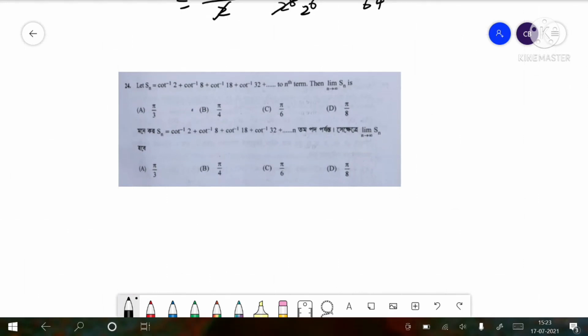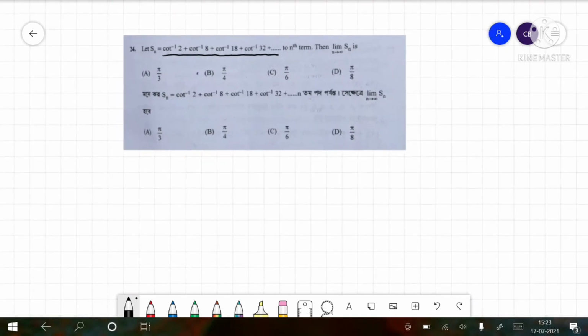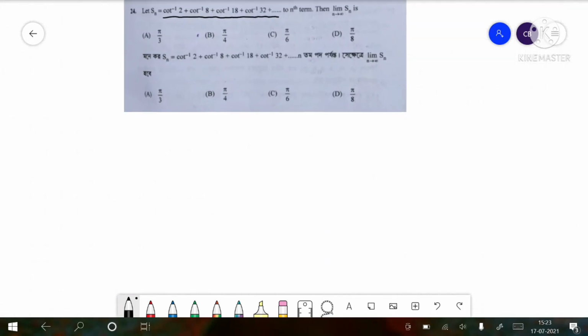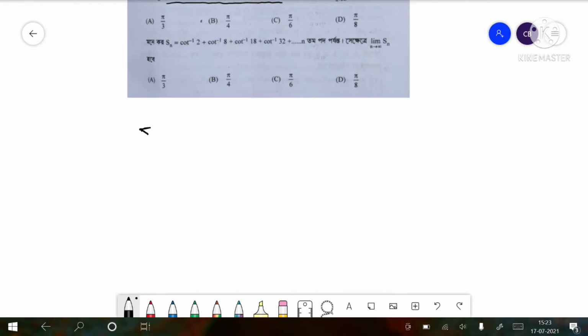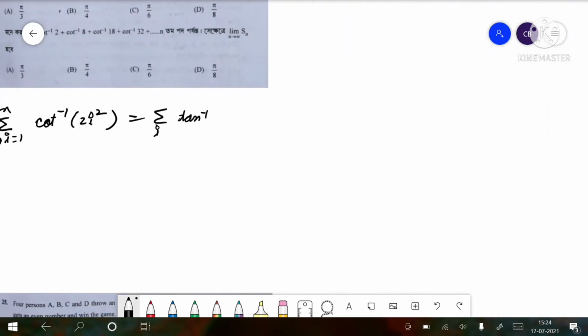Let S_n be equal to cot inverse 2 plus cot inverse 8 plus cot inverse 18 plus cot inverse 32 and so on and so forth. So we can see that this series is actually a summation, i equal to 1 to n, of cot inverse of 2i square. Now we can write that as a summation of the same limit, of tan inverse of 1 by 2i square. Now how can we write 1 by 2i square? We can write it as 2i,